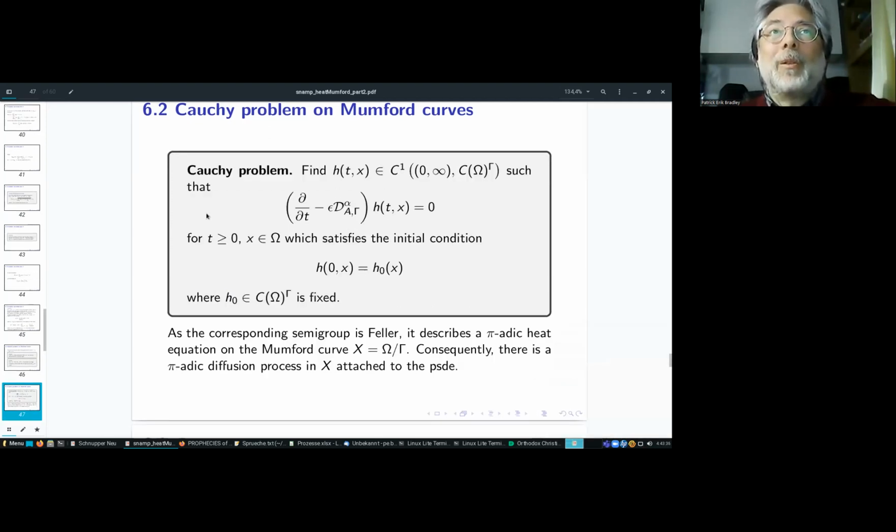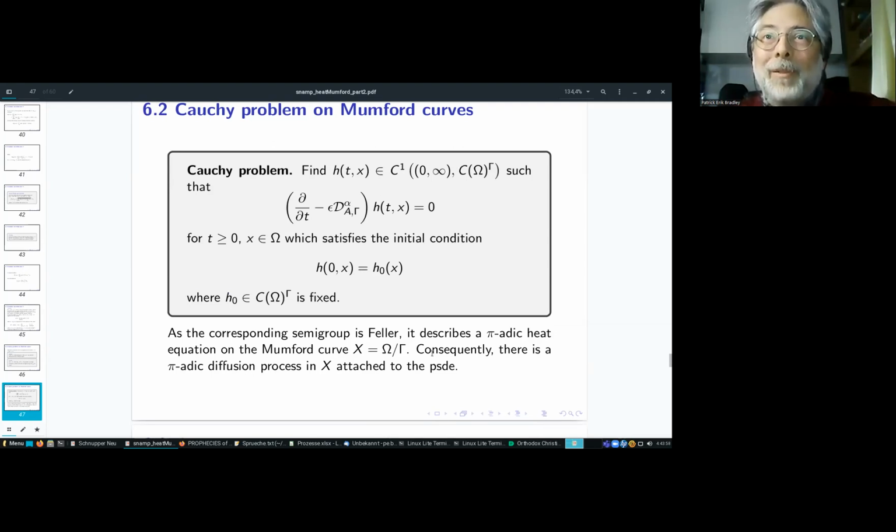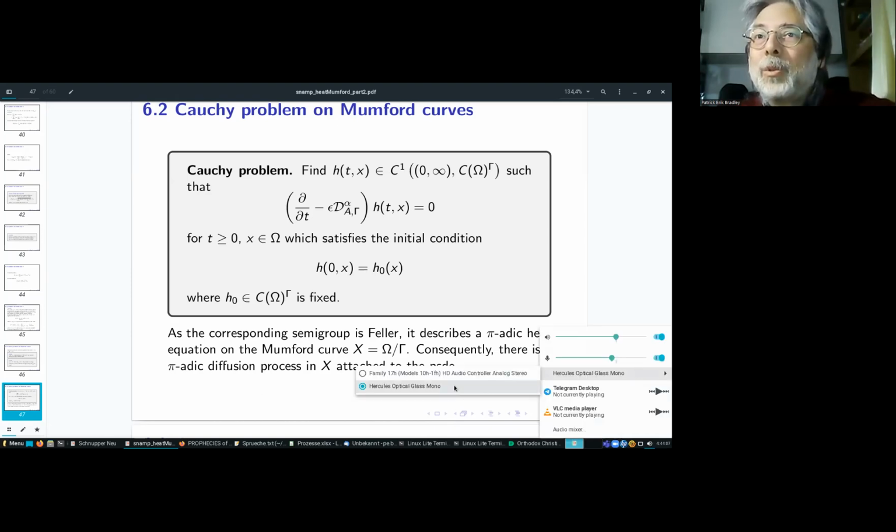And we can formulate the Cauchy problem again as before, but you replace the function spaces. We had before just functions on F, but now they extend to gamma invariant functions on omega. And again, we have a heat equation on the Mumford curve because everything is gamma invariant, and we have a Feller semigroup, and that means we have a p-adic diffusion process on X attached to this pseudo differential